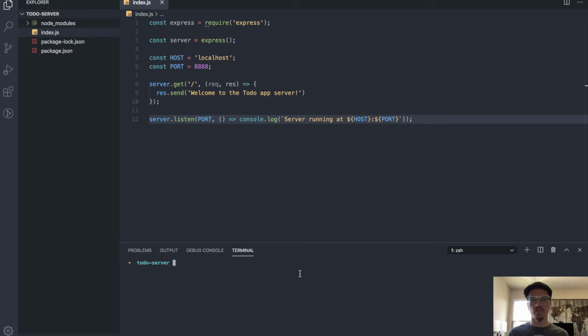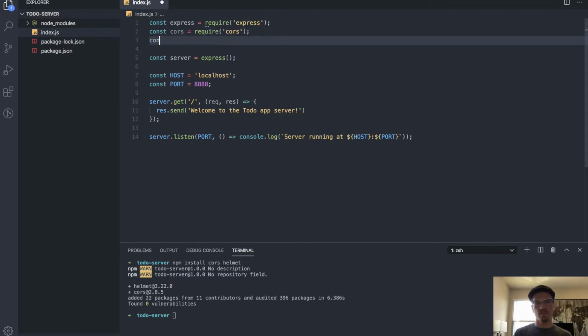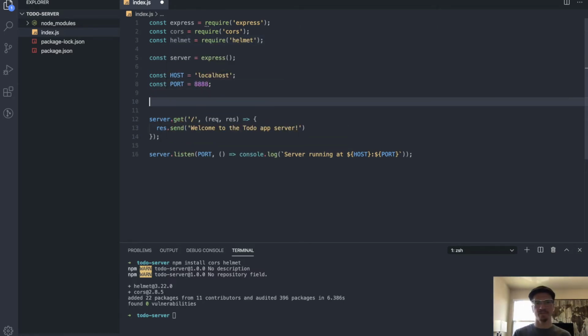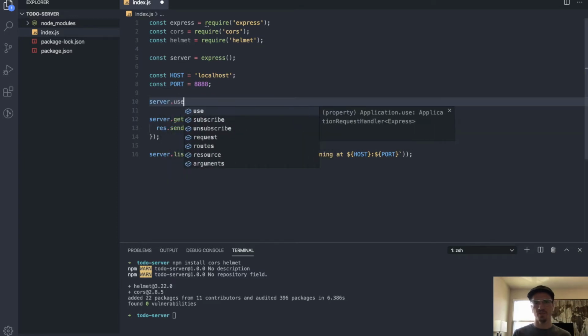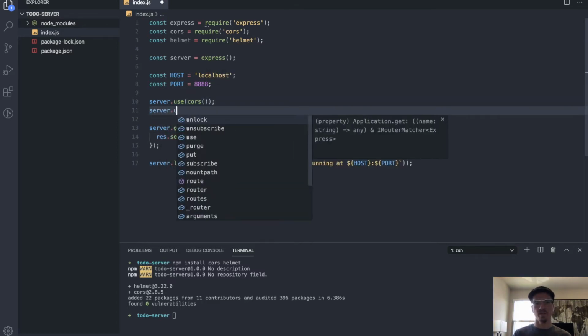So a couple of pieces of middleware that we're going to use here are cors and helmet. So we'll install those two, and then we'll want to import them. And the way that we use them is simple enough. We say server.use cors, and we'll invoke it, and server.use